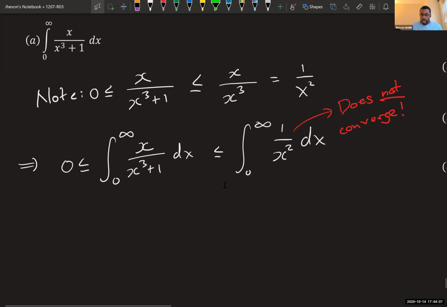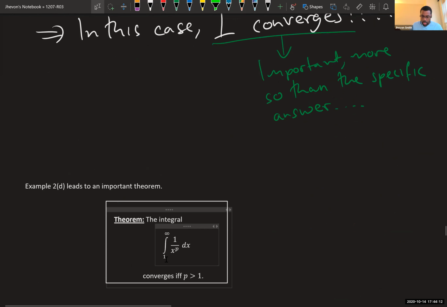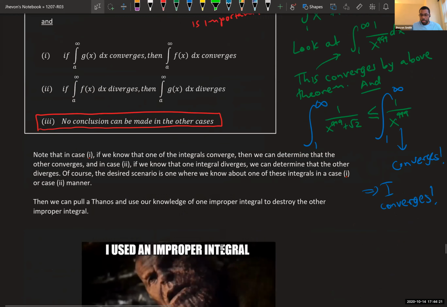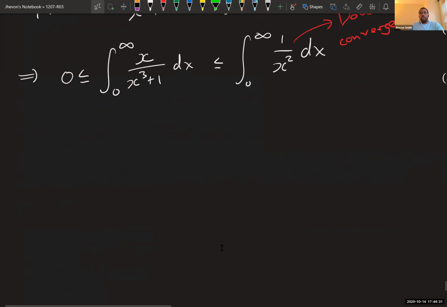Right? In fact, you should look at the theorems very carefully. Notice that in the theorem, the lower limit is actually 1, whereas here, the lower limit is 0. Having the lower limit 0 is a problem. We actually approach division by 0, and 1 over x squared is not big enough or fast enough to escape the division by 0. So this is an issue. Sometimes you might see a path that you want to apply, but there are issues with that, because it doesn't really match a theorem very well.